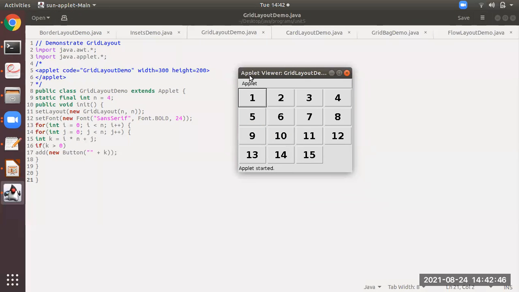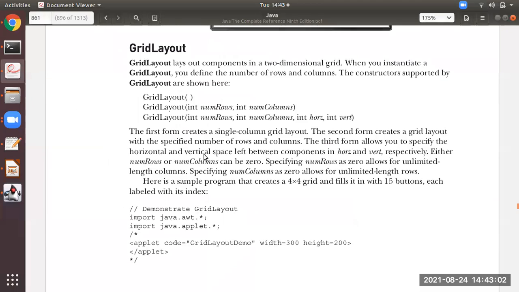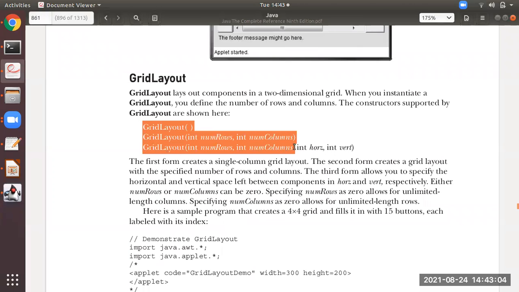Okay, so at line number 10, the initialization method is there. In that, at the 11th line, you observe you are setting the layout. Here, what layout are you setting? Grid layout, with two parameters n comma n. So you can observe here, these many are there.